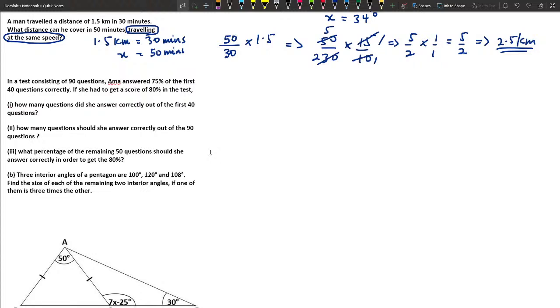So in a test consisting of 90 questions, Amma answered 75% of the first 40 questions correct. If she had to get a score of 80% in the test,